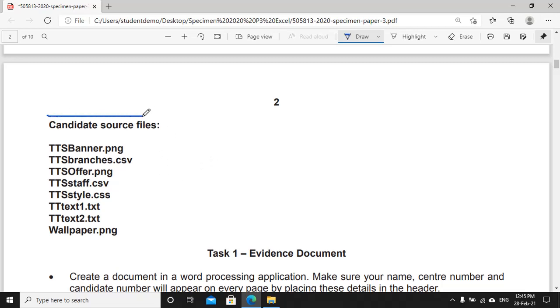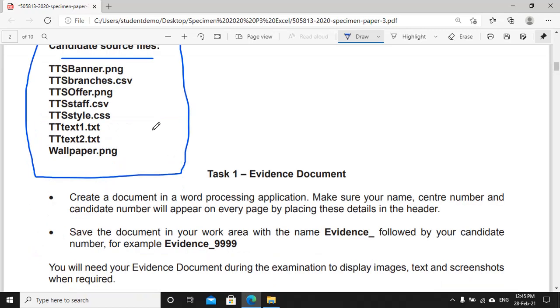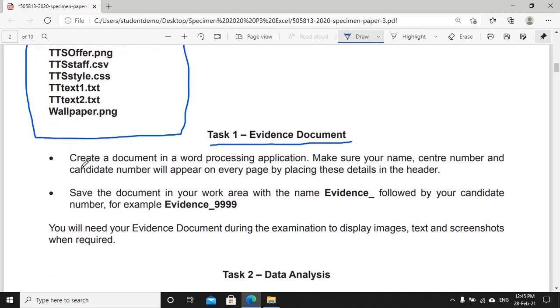Before that, you need to check your computer for the following source files. If you have them all, you can proceed with the first task, evidence document. Create a document in a word processing application. Make sure your name, center number, and candidate number will appear on every page by placing these details in the